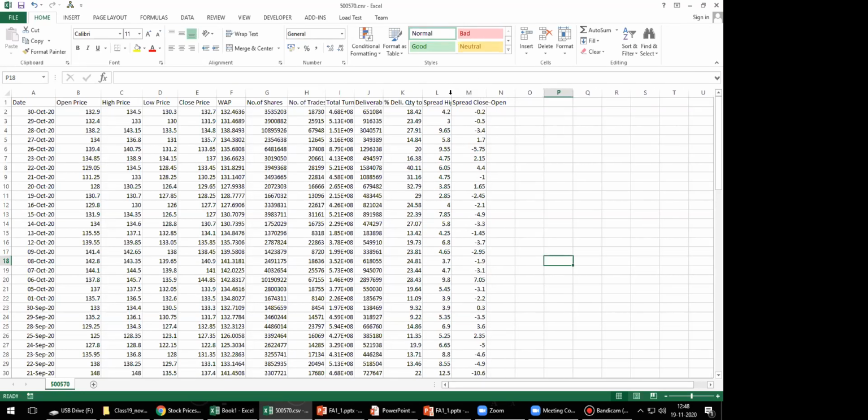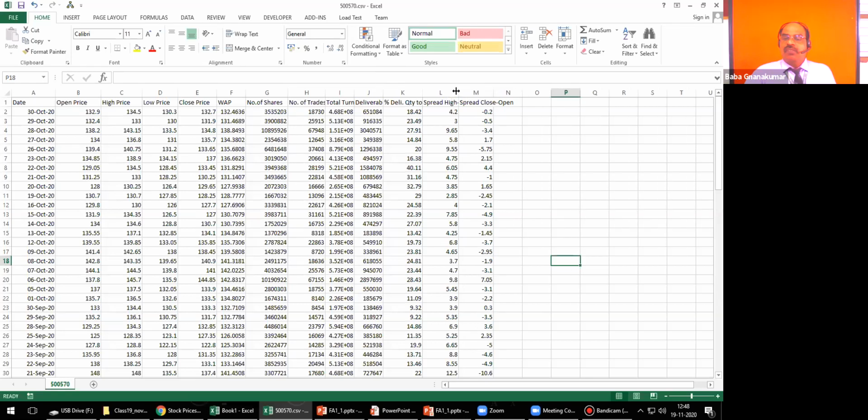So let us delete unwanted things. For us, the closing price, and since we are going to calculate the returns, because some of you are very much interested in only profit. This will not be applicable for Pranit because Pranit is going to invest for 1 year. This is the daily returns. So this will be applicable for Midun Sabi. He is going to invest in the morning and withdraw in the afternoon. Only for him this will be applicable.